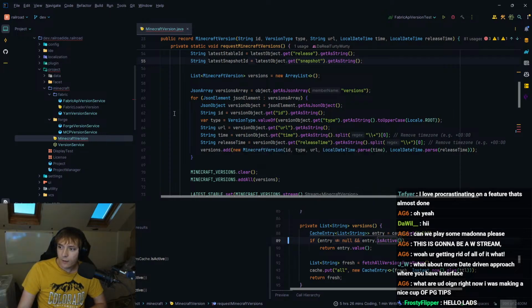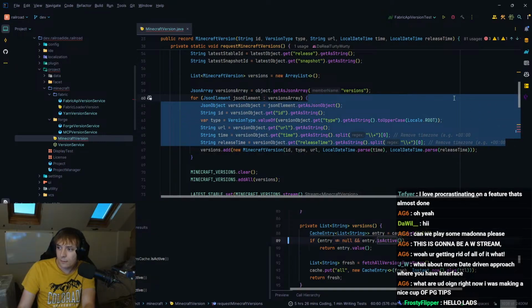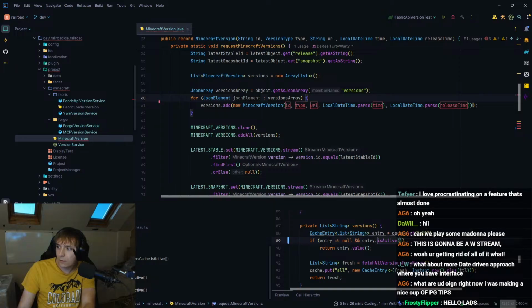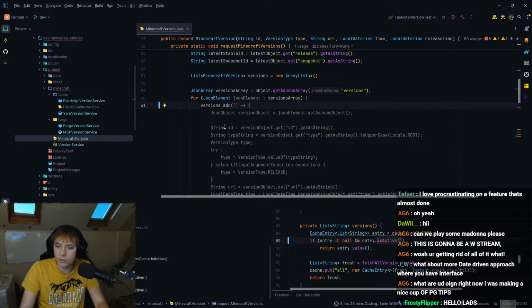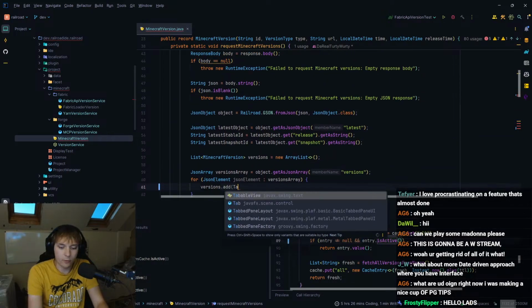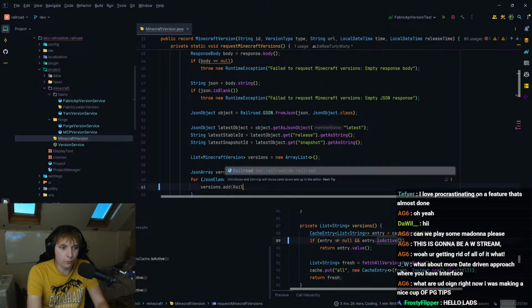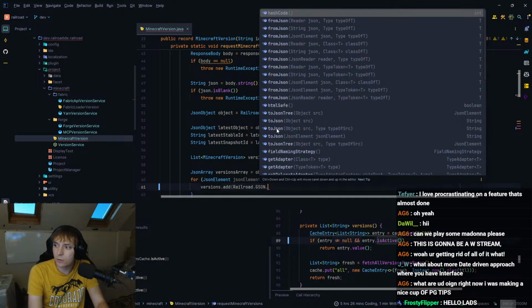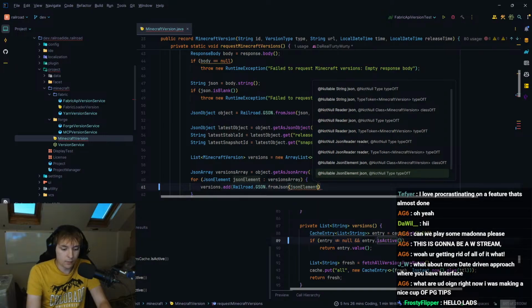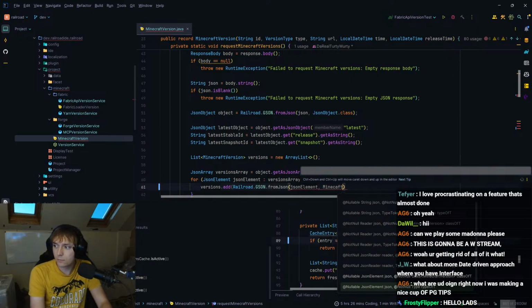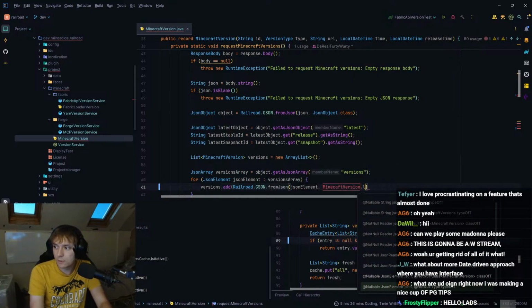So I would love if this could be something like Railroad dot JSON dot from JSON element, Minecraft version dot class.